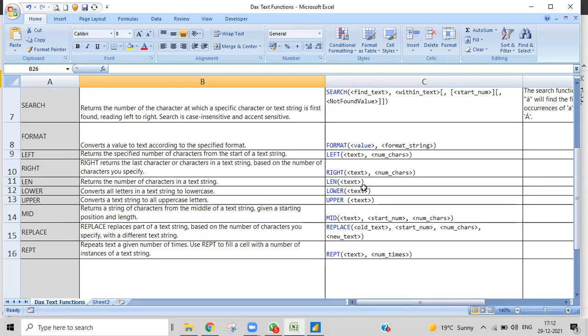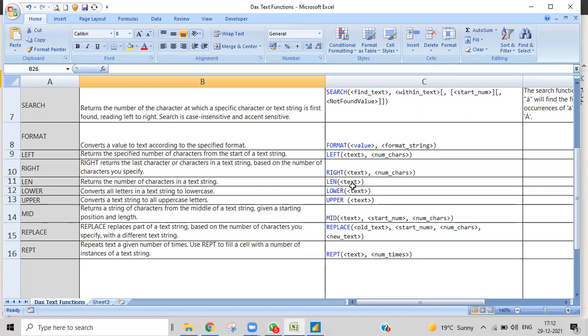When it comes to right, it's the same thing, but it will count from the right side the number of characters that you require. Just remember, it doesn't count from the left side. It counts from the right side, and if we give 3, it will take 3 characters from the right and give the output.